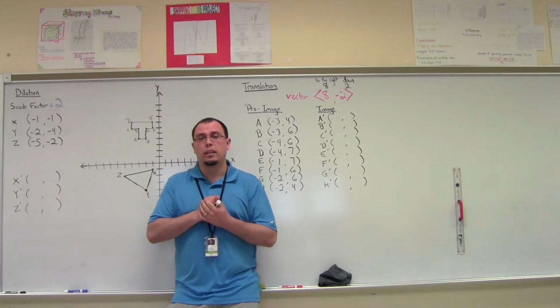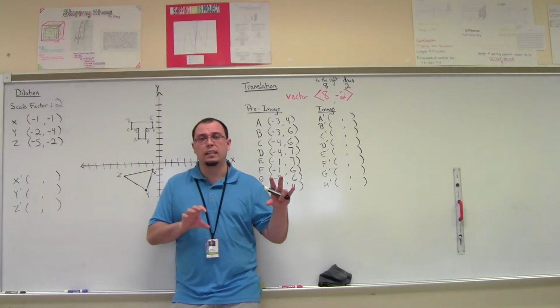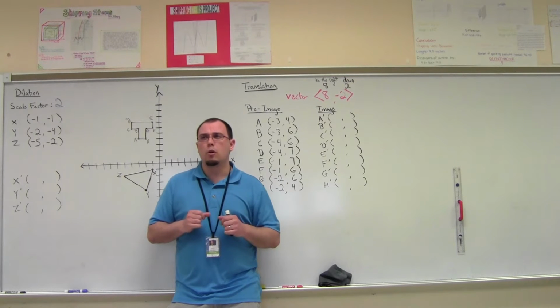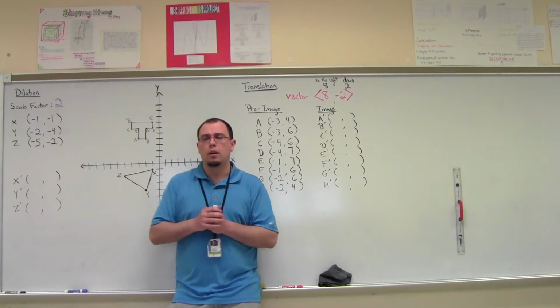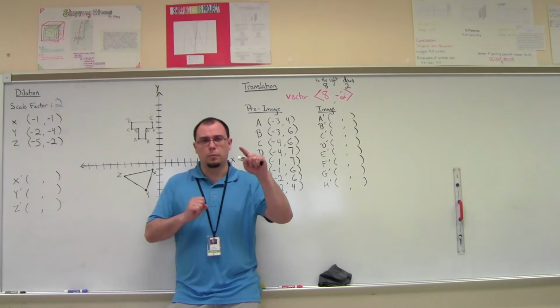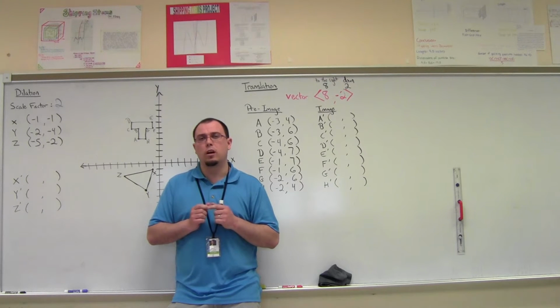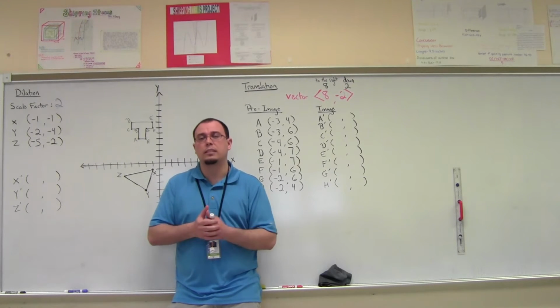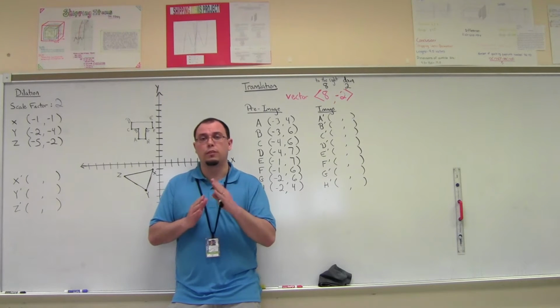We're going to talk about translations, which is the idea of taking a shape and sliding it in one direction or another. We're going to talk about dilation, which is the idea of growing or shrinking a shape. We're going to talk about rotation, which is the idea of spinning a shape around one central point. And we're going to talk about reflection, which is exactly what it sounds like. We're going to find a line and use it like a mirror, and we're going to reflect across that line